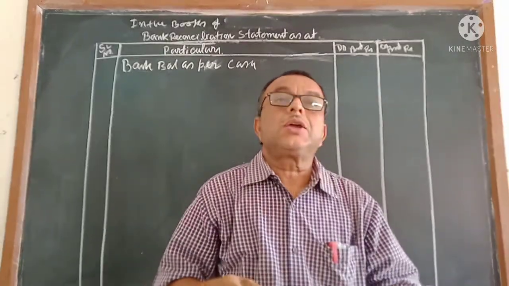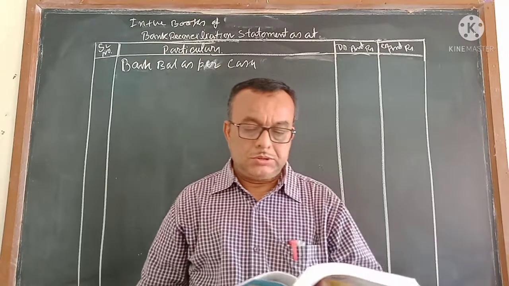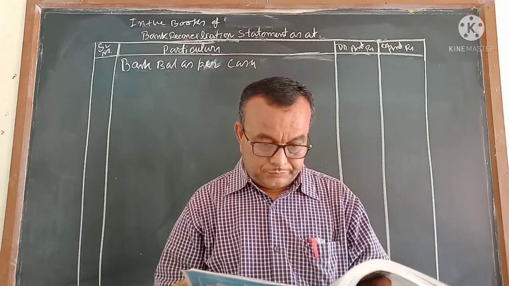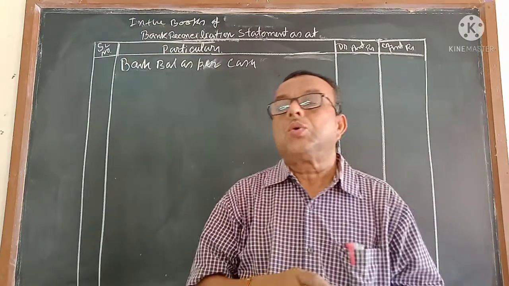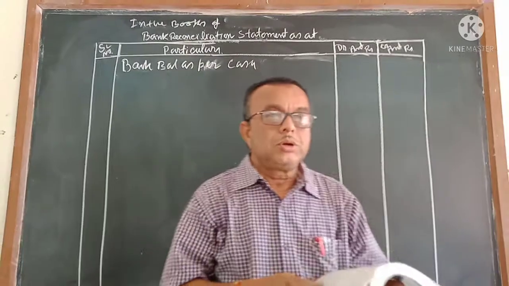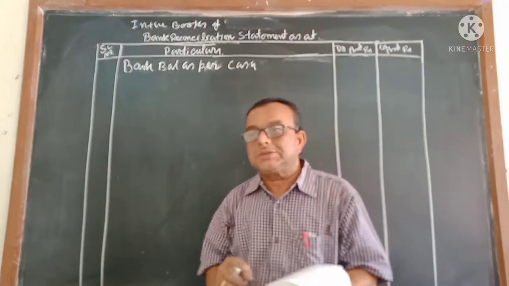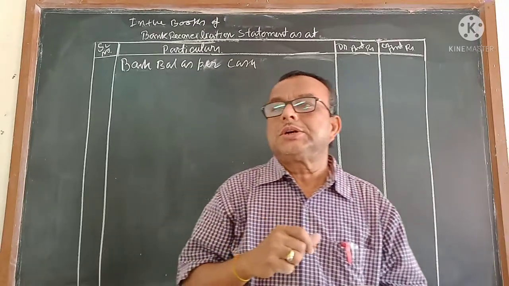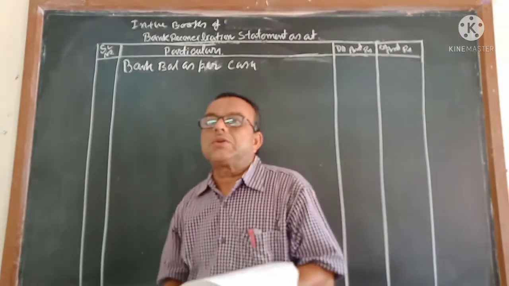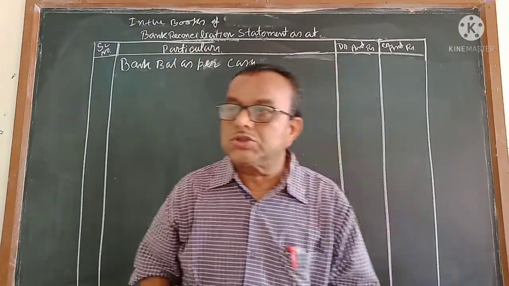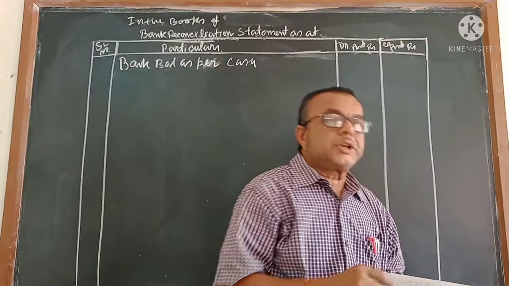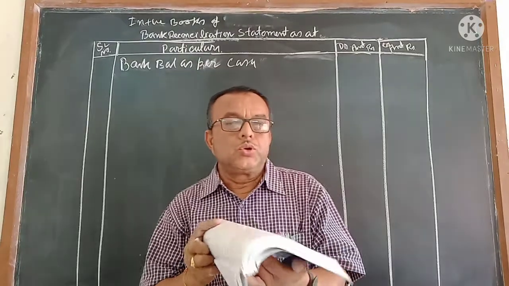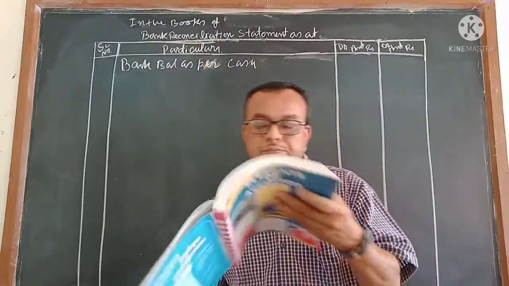The bank reconciliation statement chapter, which is the 11th chapter and the last chapter of part 1. Till the previous video, I want to remind you, I taught you how to do the BRS in a statement form. You might have seen that one. The statement form means that it is given in a sentence, where it is debited but not credited, or where it is credited but not debited, like that. And I told you only you will do which is not done.